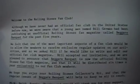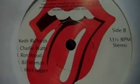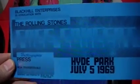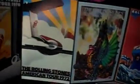So just very quickly, we have a letter welcoming you to the fan club, signed by President Bill Wyman. A replica of the letter Brian Jones wrote to try to get gigs for the Stones back in the early days, from January 2nd, 1963. It came with an interview disc, double-sided, 33 RPM. A lot of replicas. Replica passport, replica Hyde Park 69 ticket, fold-out postcard set of various tour programs, tour posters I should say,